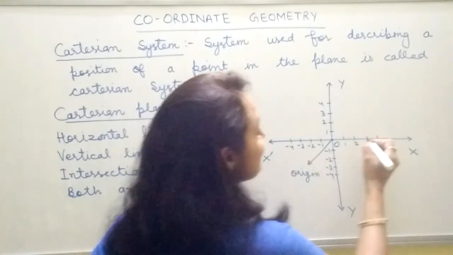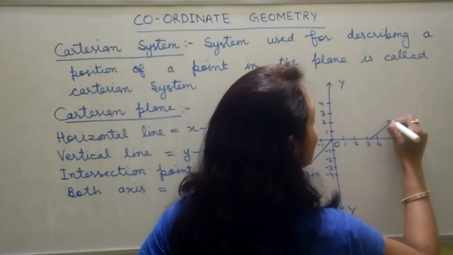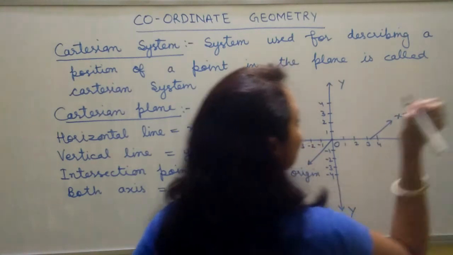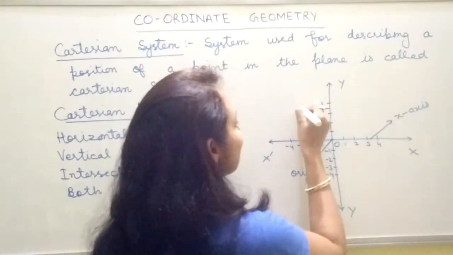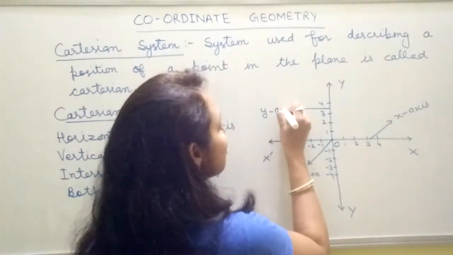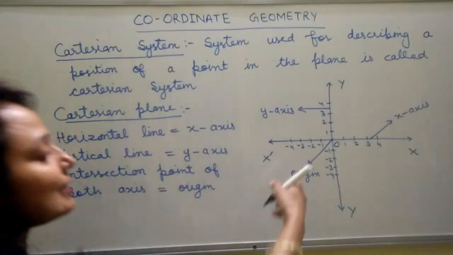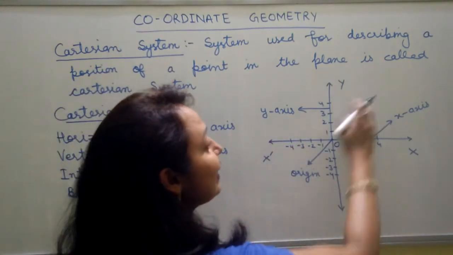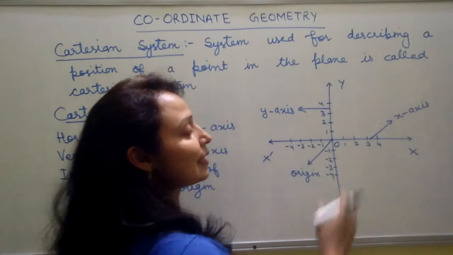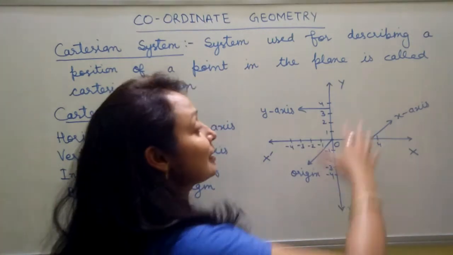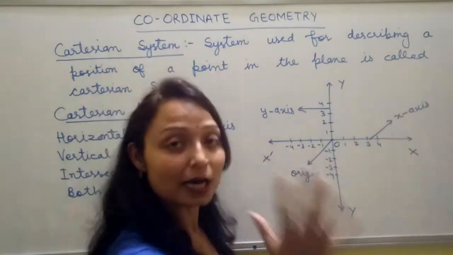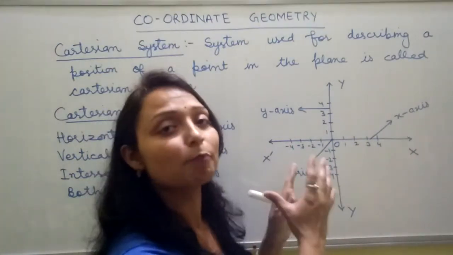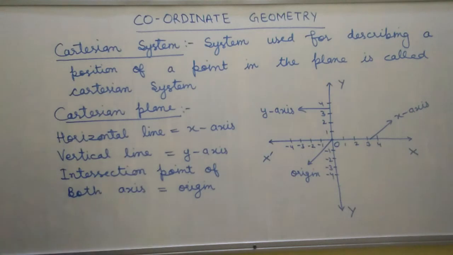Right? This horizontal axis is known as the x-axis. This vertical axis is known as the y-axis. So these are the axes and this is the origin. And these two axes cut the plane into four parts that are quadrants. This is a plane in which two axes are present, so this is a Cartesian plane in which we will plot the points. Okay, come to the quadrants.